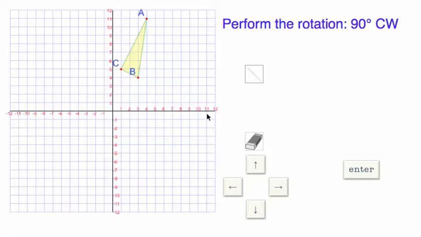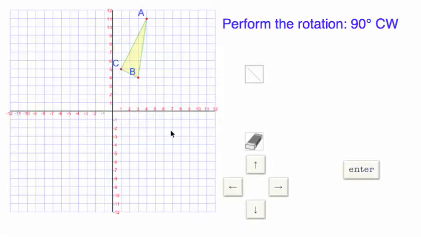All right, so when you do a 90-degree clockwise rotation, you notice that the shape is going to move down here into the next quadrant. Okay, and this C point, which is 1, 5, is going to end up down here at 5, 1. Okay, so we know the x's and y's switch, really 5, negative 1, but knowing that the x and y's are going to switch position and that you're going to move into the next quadrant,